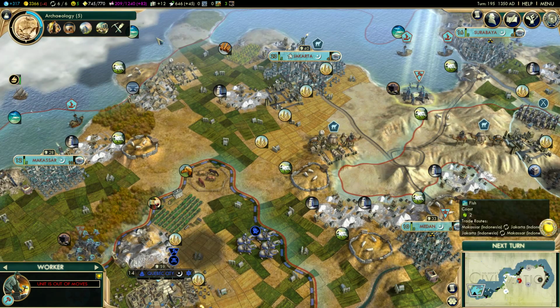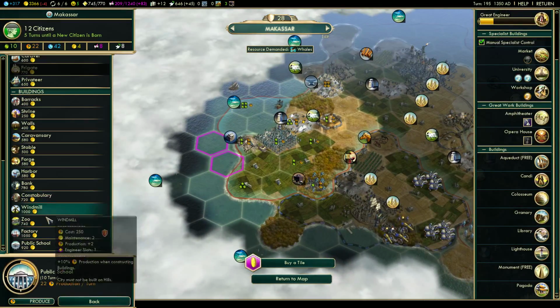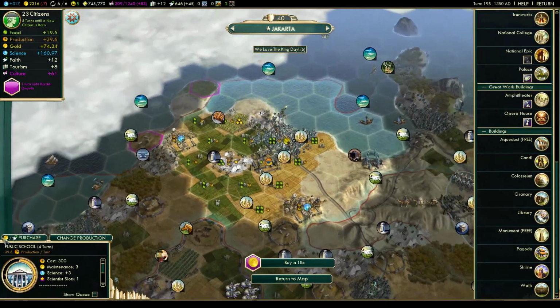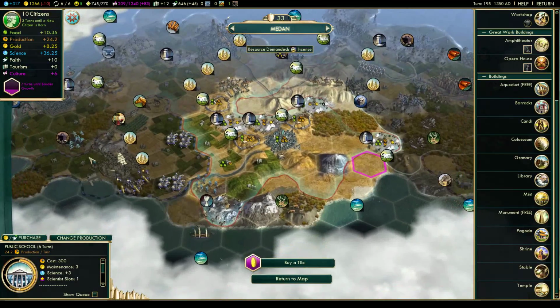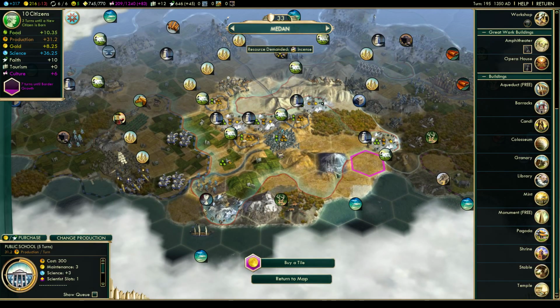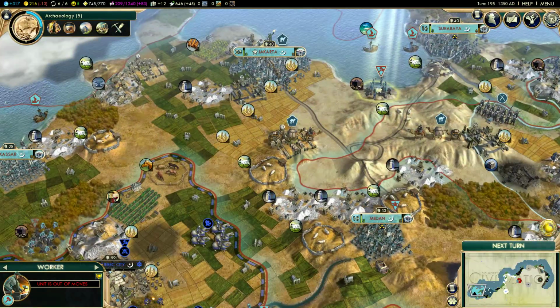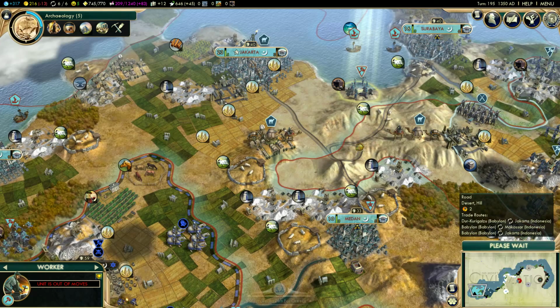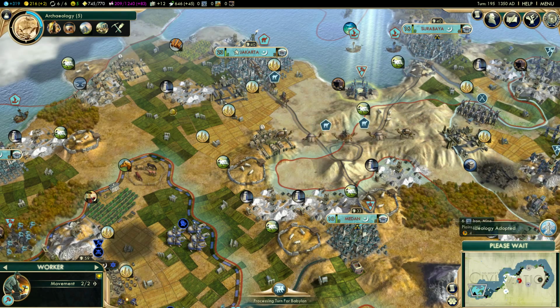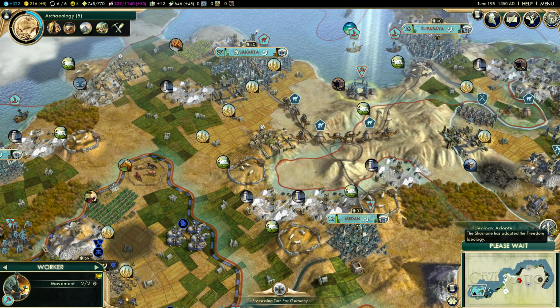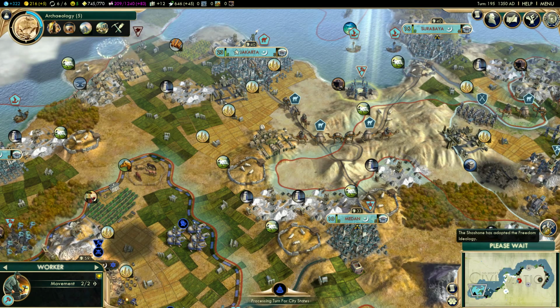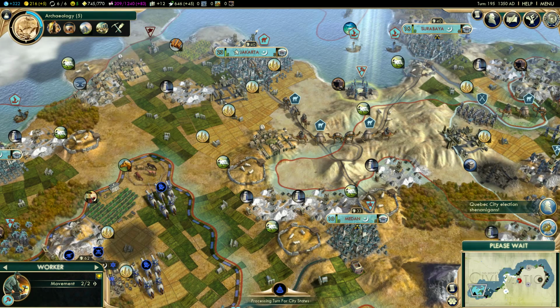And to start off with, I will be buying 3 factories so that we can choose an ideology. Because before you have chosen an ideology, there really is no danger at all. But once you have one, things start to get interesting. And as we can see, the Shoshone have adopted freedom, which means that we will pick something else so that we can immediately see what the effects of influence are